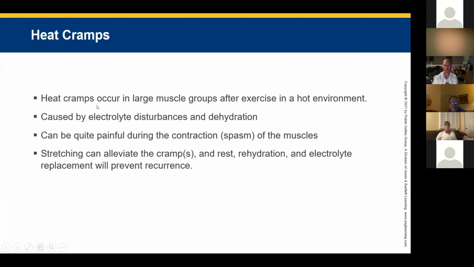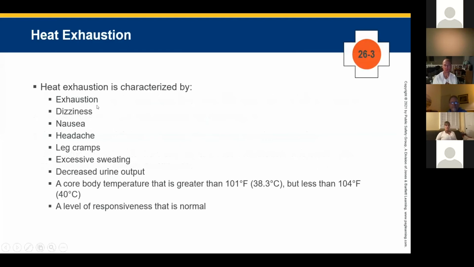Okay, let's see the next one. Heat exhaustion. Exhaustion, oh, you're exhausted. Heat exhaustion is exhausted, dizziness, nausea, headache. It's the worst headache you've ever had. You can't get rid of it. It feels like your head's in a vice. Leg cramps all over, from your heel all the way to your buttocks. It doesn't stop. Excessive sweating,